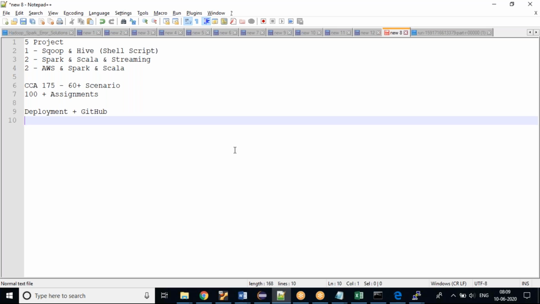After 4 months, you should be pretty confident writing code in Spark with Eclipse, and in the REPL method, the black screen which I showed, and you should be pretty confident writing code in AWS also. Because in interviews they ask, do you have any cloud knowledge? Yes, we are future ready also.